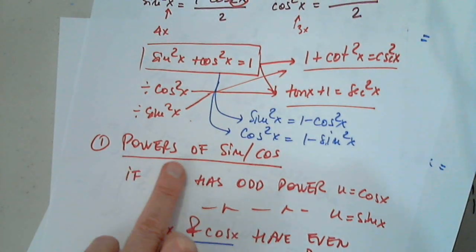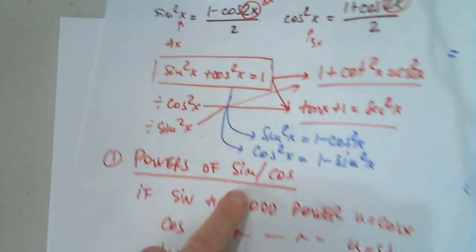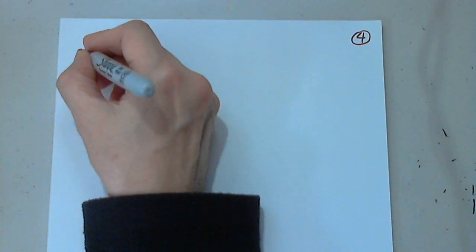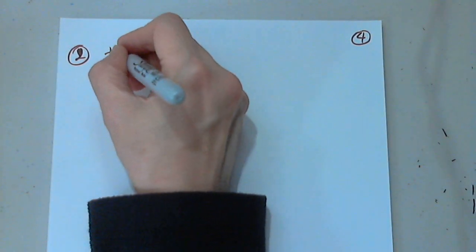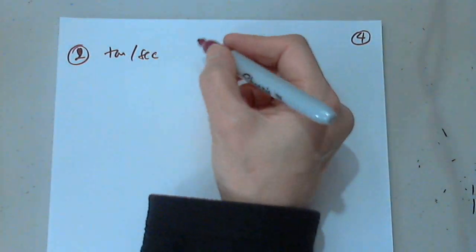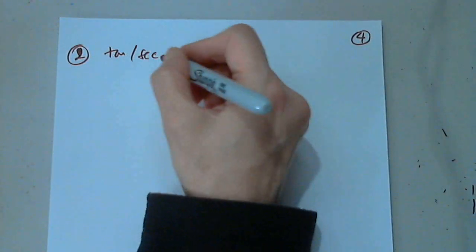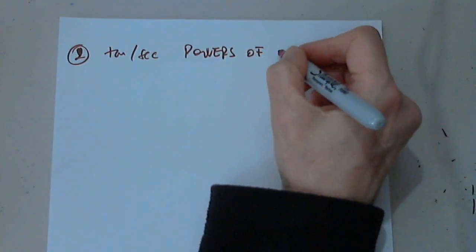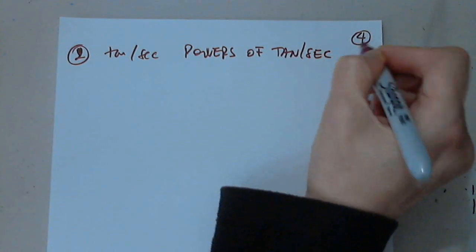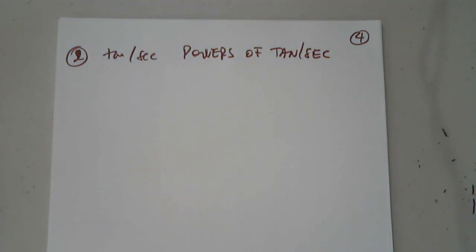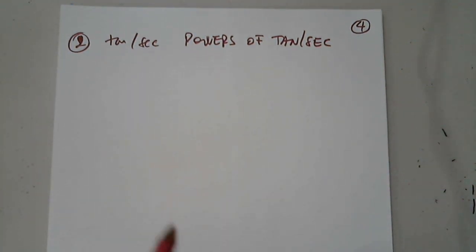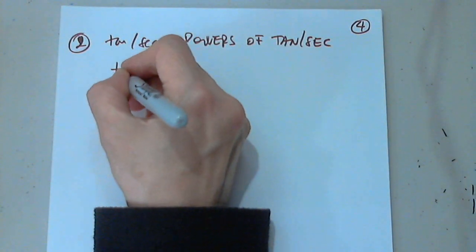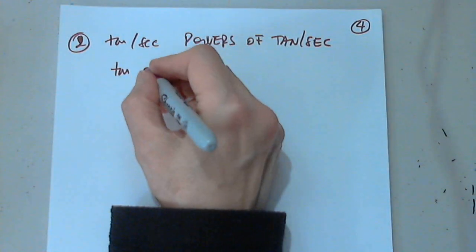And the second, so we had number 1, when we have integrals with powers of sine, cosine. And now we may have integrals, part 2, with tangent and secant. Integrals with tangent and secant, so powers of tangent and secant. Okay, so what happens here is, if tangent has odd power,